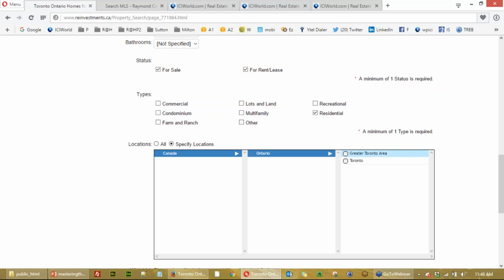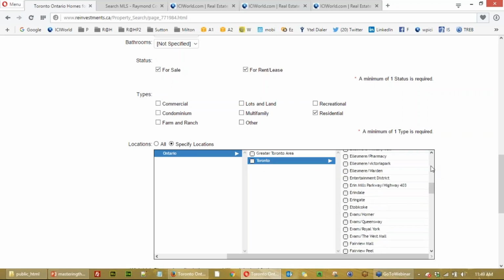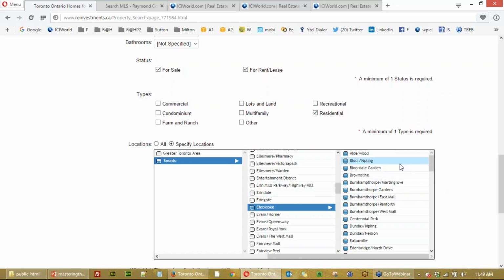Okay, so now you click on, let's say if they want Toronto, and in Toronto, they might only want to be in Etobicoke. And so if you want to be in Etobicoke, you might just program Etobicoke. Bingo. You tell me, and it delves right into neighborhoods. And if somebody only wants to be near the High Park area in Toronto, you can actually choose all the little corners and neighborhoods in that area,